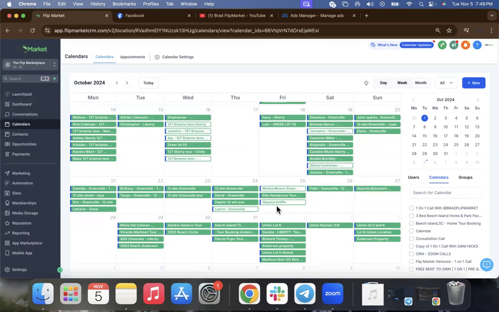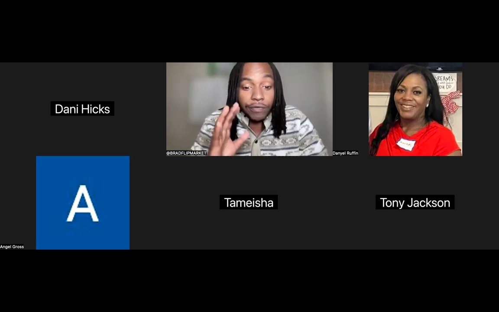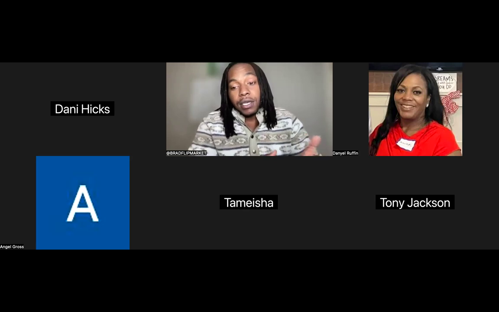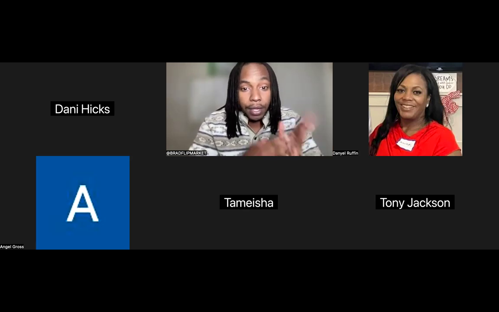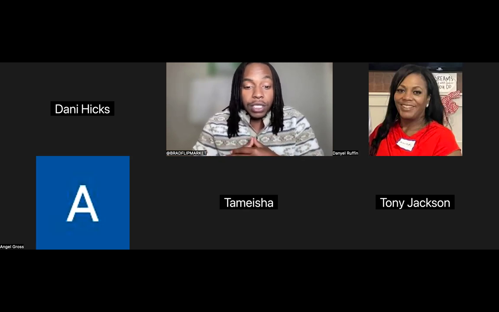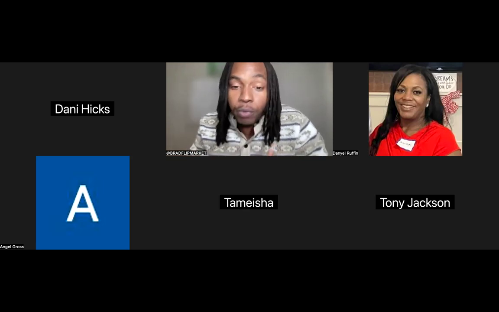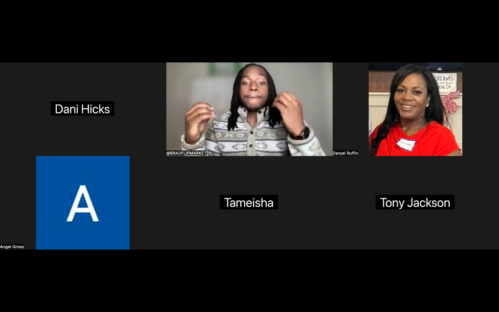Now we're on the second part, which is we're inside the CRM, okay? Because remember, we're making this a business. We're making it a machine. So the first part of the machine is being able to have leads come in nonstop, okay? Nonstop leads, right? And then the second part is being able to facilitate those leads with the CRM, okay? Once the leads are facilitated and people are actually going on tours, the final piece, which is the most important piece, is the park owner.